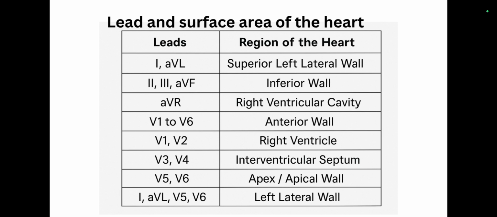Lead 1, AVL, V5 and V6 show the left lateral wall. Here we can see that V1, V2, V3 and V4 show the right ventricle and the interventricular septum respectively. And if we take the